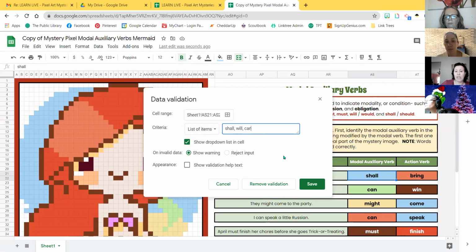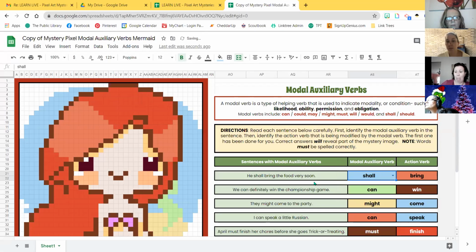Okay, you have your answers in there, and this box is checked. You just click on save. And now you see we have a drop down for this box. And when you click on the right answer, or I guess I'll show you when you click on the wrong answer,